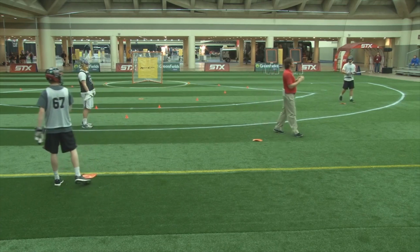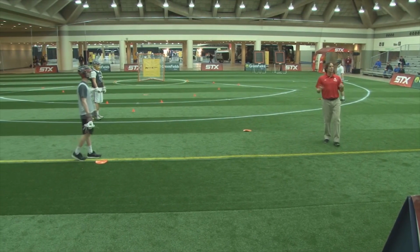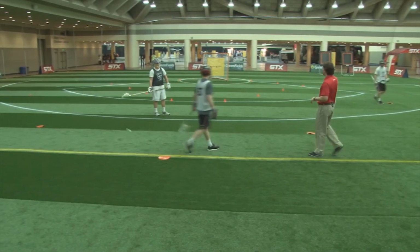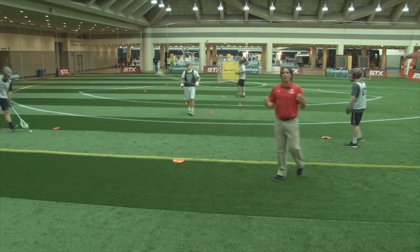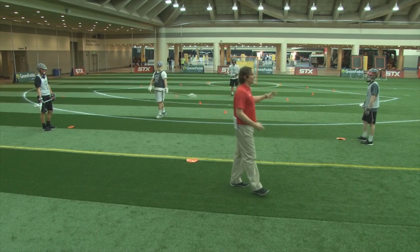Now, what we're going to be doing here is a 1v1 plus 2 offensive drill. The way it's going to work, let's go back to our 13 look. Colby, you're going to start with it. This is a one-on-one. We're working on one-on-ones, but rather than just having one dude going against one dude where